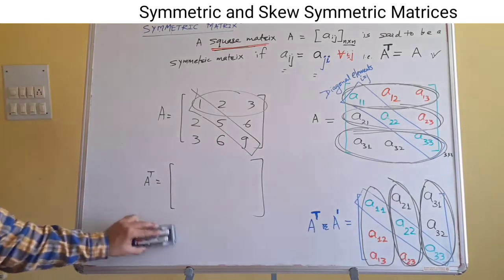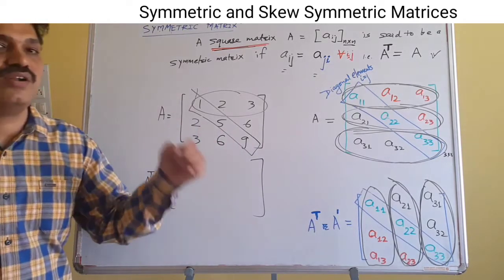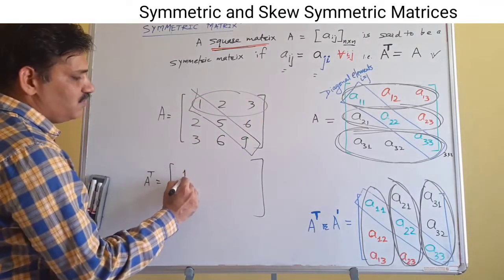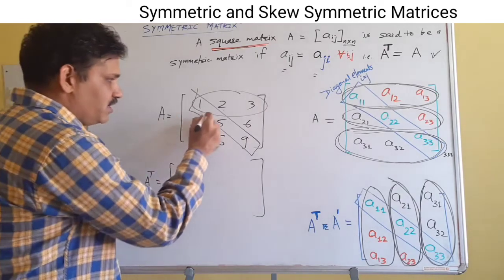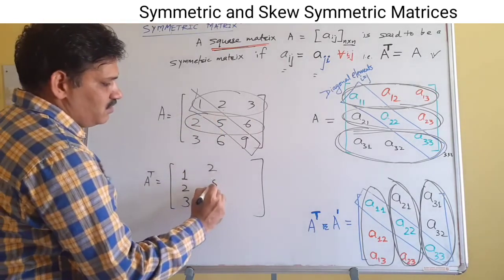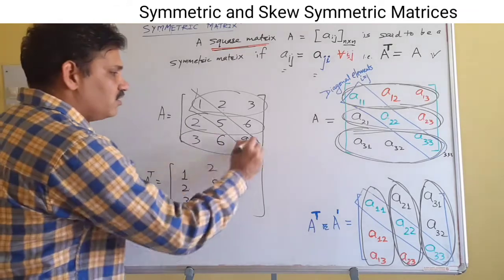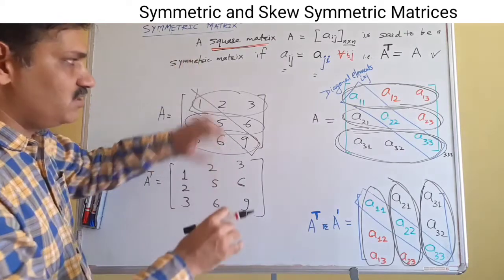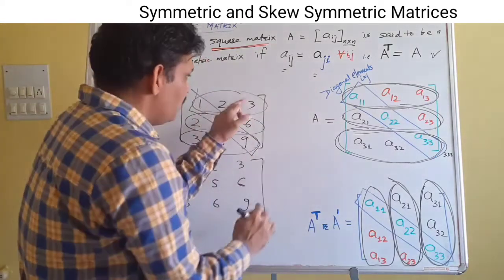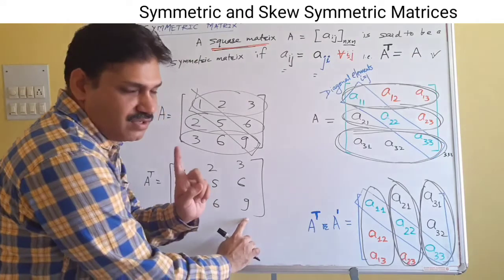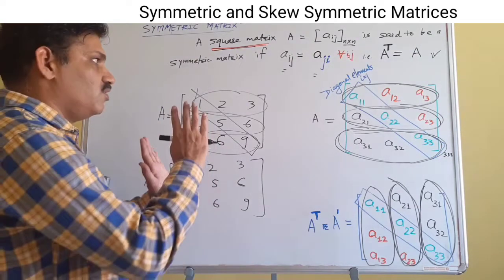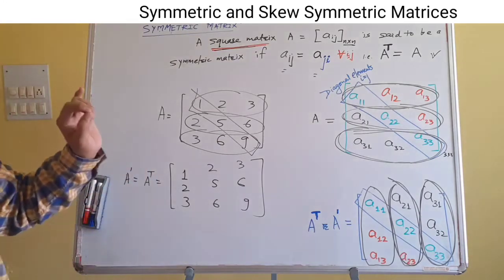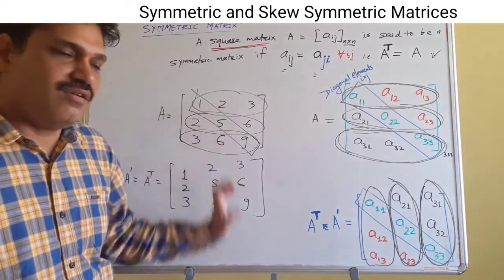Now if you try to get the transpose of this matrix, of course you are going to get the same result. Let's check it out. Now the first row becomes the first column. The second row becomes the second column, and the third row becomes the third column. It's not about rotating, it is interchanging rows and columns, because if you rotate it, this 3 will go here. It is not about rotating at all. To find the transpose, we just interchange rows and columns.